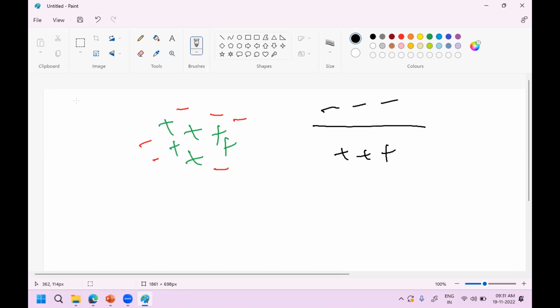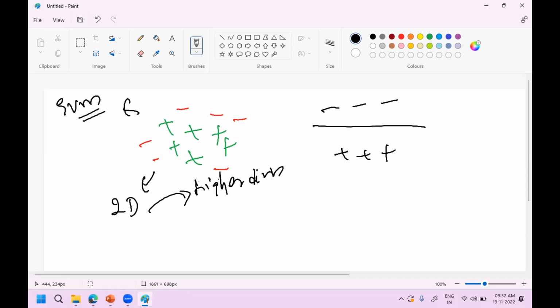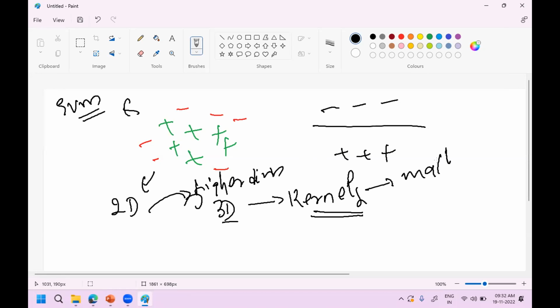Is this concept clear? This is where support vector machines are used. It converts this 2D into a higher dimension, so maybe it gets converted into 3D. This conversion of 2D into 3D is done by something called a kernel. Kernels are basically math functions. They are mathematical functions that take the data as the input and change its polynomial degree, maybe 2 or 3,